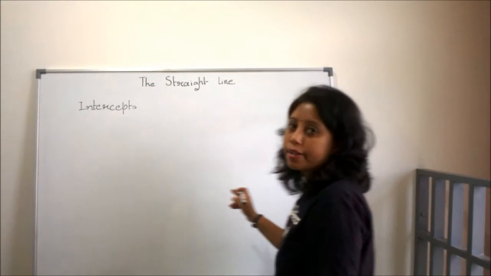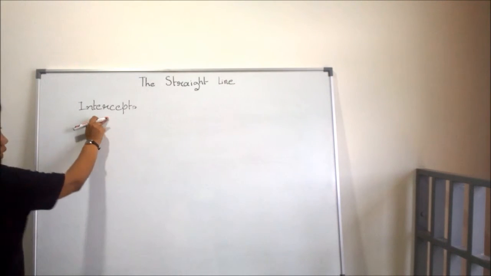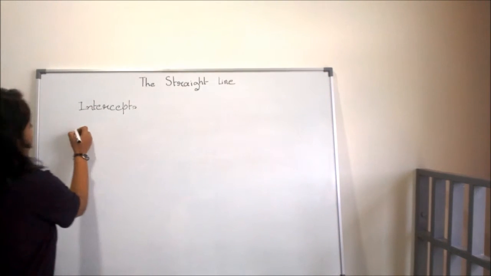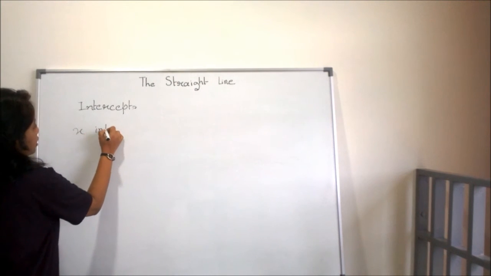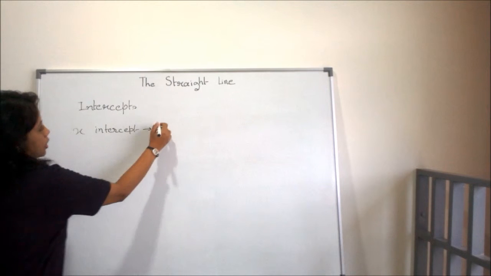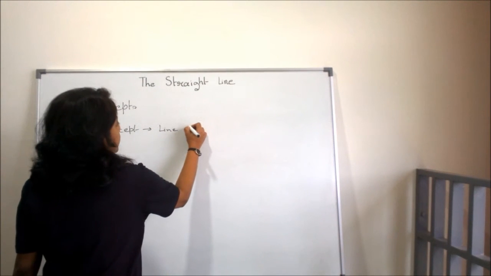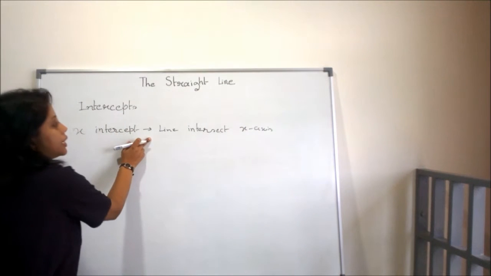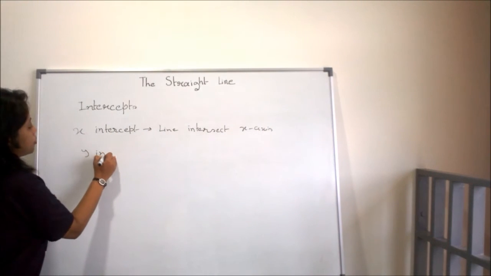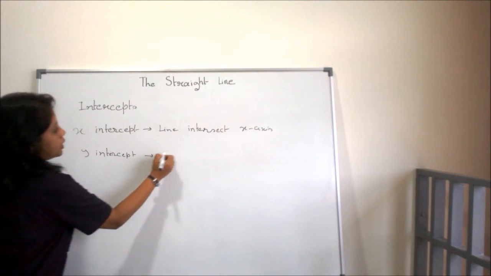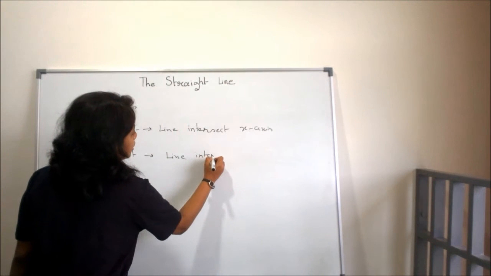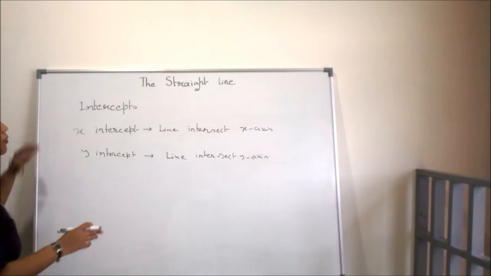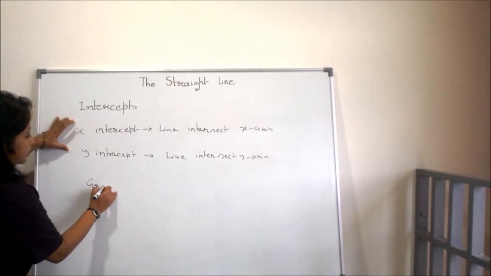Coming to another form to find the gradient, the intercept form. What is the intercept form? It is where the straight line intersects the axis. X-intercept means the point where the line intersects the x-axis, and y-intercept means where the line intersects the y-axis. So in that case, if we know this, the gradient is